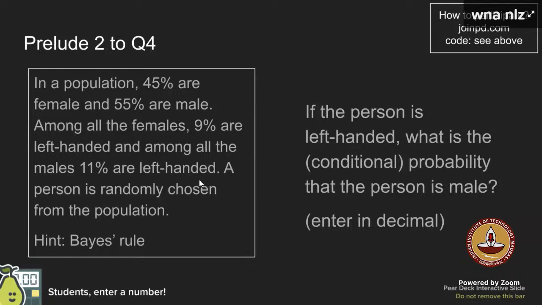From A, I can go to R1, R2, or I can go to R1, R2 bar, which is not R1, R2. For B also, I can go to R1, R2, or I can go to R1, R2 bar. So from that branch, I have used it and I have resolved that. For the second question that you are asked, you will be considered with one branch only.